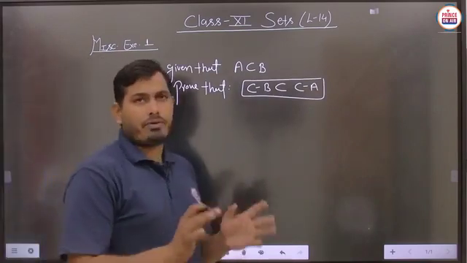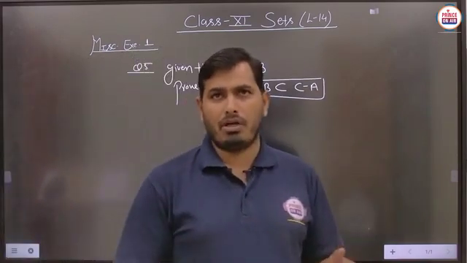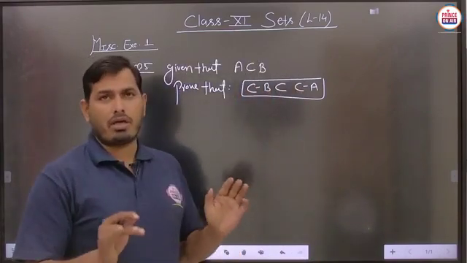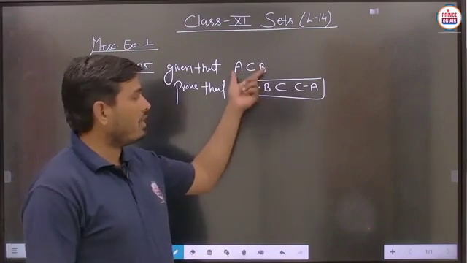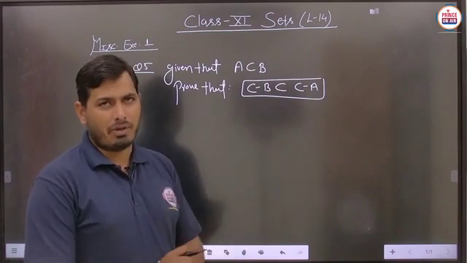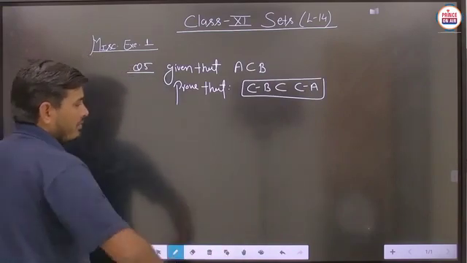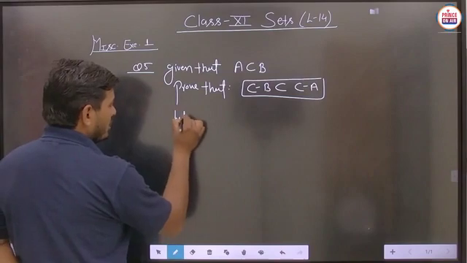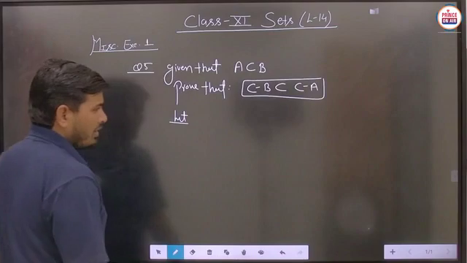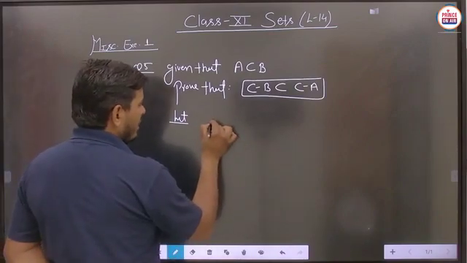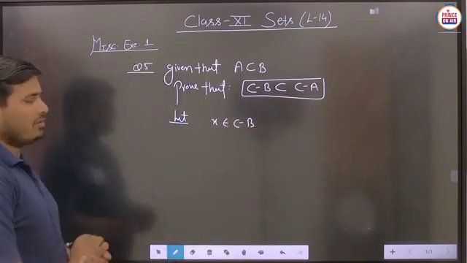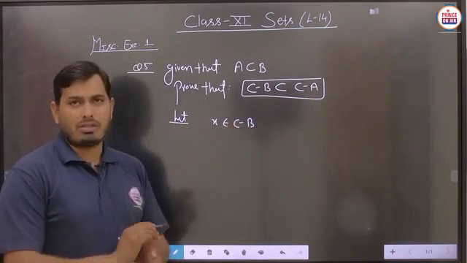Now, if any proof related to given sets is asked in a question, then we have to take a general way. Some students will take an example and start proving C minus B subset of C minus A, but we are taking a general element. So if we have to prove that this set is a subset of C minus A, then let any element x belong to C minus B.